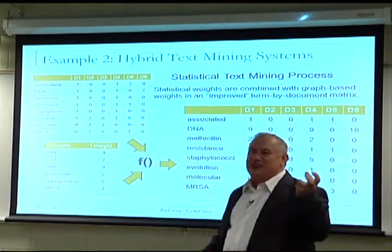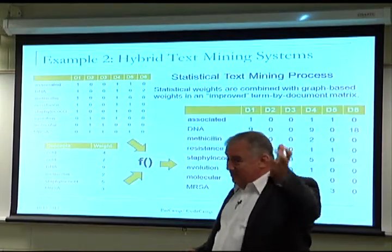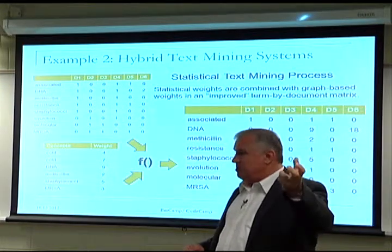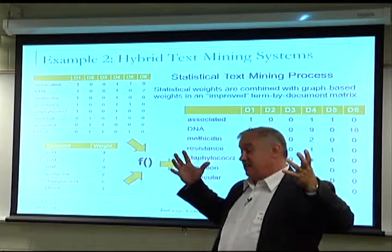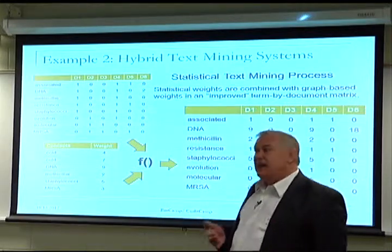So the statistical process uses the same resource as an NLP approach, but instead of using it just to look up individual terms, it uses it as a giant network to compute the weights. And so that's how we